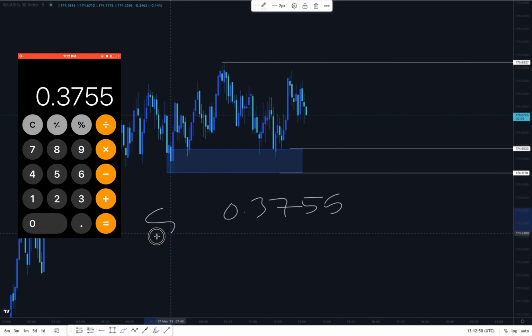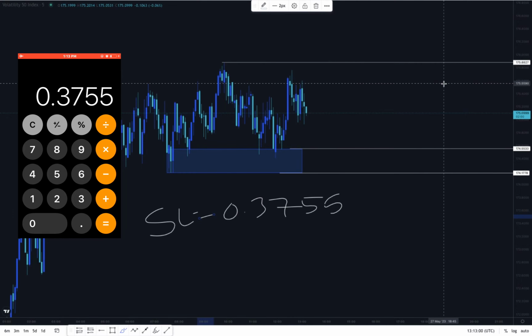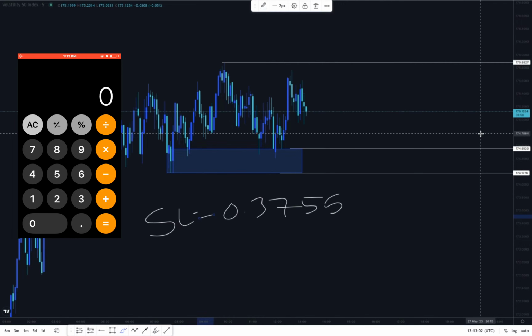The stop loss from the entry to the stop loss, the pips count is going to be 0.3755. All right, so let's calculate from the entry to the TP. How do you know the pips count that are there? You just have to do the normal